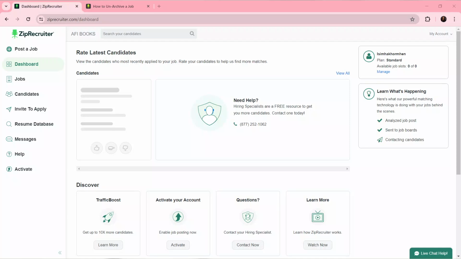Hello, in this tutorial I'll show you how to archive a job on Ziprecruiter. So the first thing I'd like you to do is to launch your Ziprecruiter employer account, which of course I